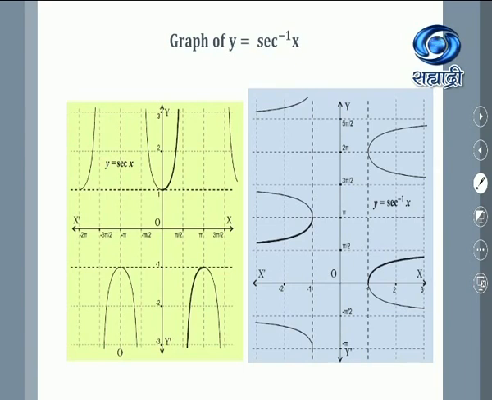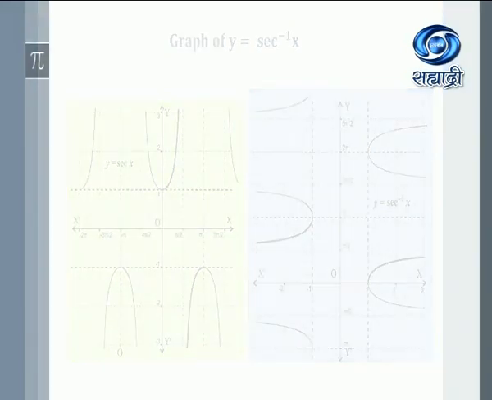But actually plotting of the graph is not very important. Understanding is very important with the graph. Don't learn all these values by heart. Just look at the graph and try to find the domain and the range for inverse functions. Are you getting it? So here, see, this is minus pi by 2 to plus pi by 2, or pi by 2 to 3 pi by 2. All the angles come on the y-axis and these values come on the x-axis, or you can say the lines which are parallel to the x-axis. And by interchanging the domain and the range for this, you can find the inverse of sec.